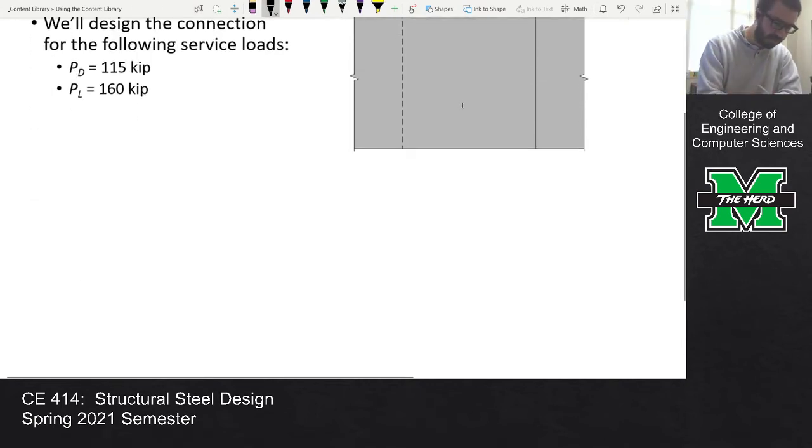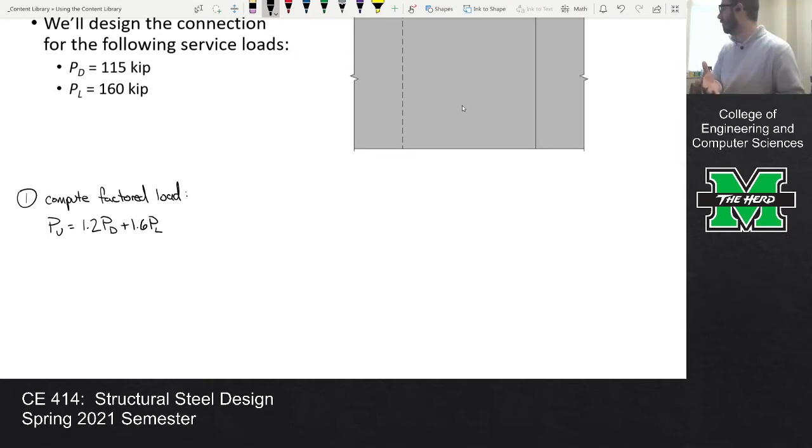So step one is compute the factored load, that would be Pu. For this problem, we know that's going to be 1.2 dead plus 1.6 live, because that's all the member is being subjected to. So 1.2 times